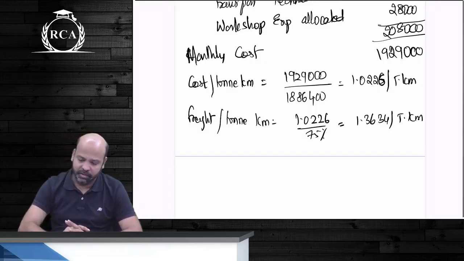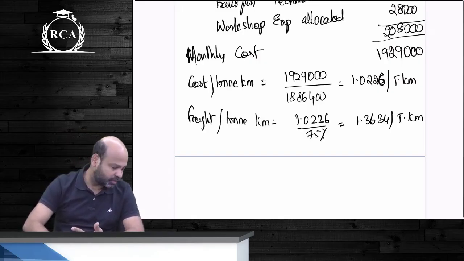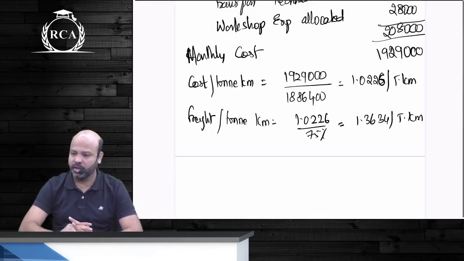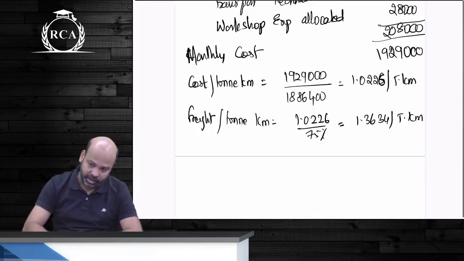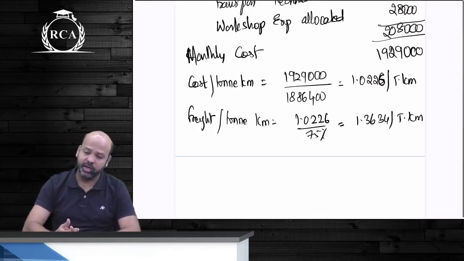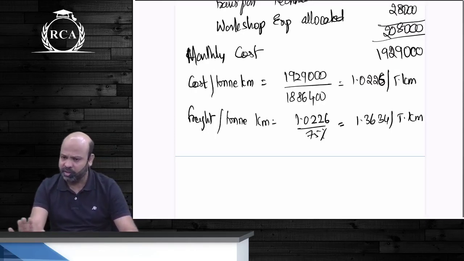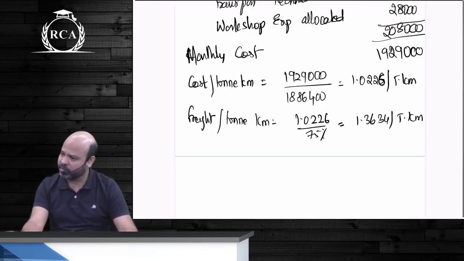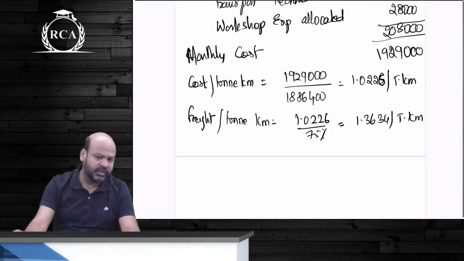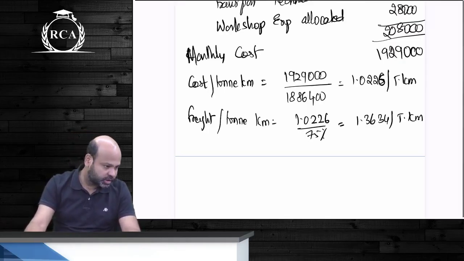So they might tell you, guys, that you have a single room. There can be a double room, or a deluxe room, or a presidential suite, whatever it is. You just have to convert them into common cost units. That is called equivalent cost units. They use the word equivalent here also. Equivalent is the word that we use, guys, whenever you're converting something into a common category. That's it. There is no need for you to segregate the total expenses into variable and fixed for the hotel industry. You just sum up all the expenses, guys, and divide it by the total number of room days. That's it. That will tell you what is the amount of cost or what is the amount of room rent, guys, that you're supposed to charge.